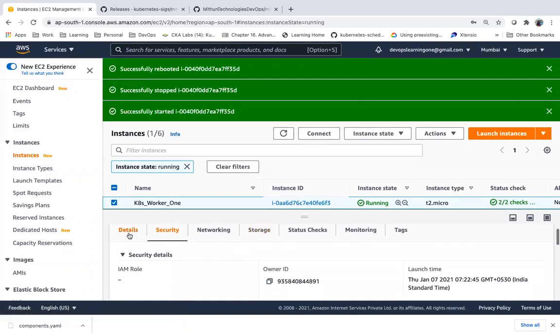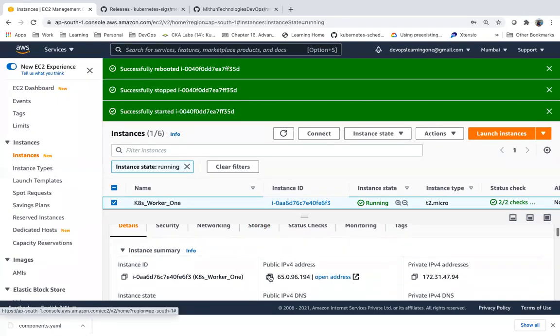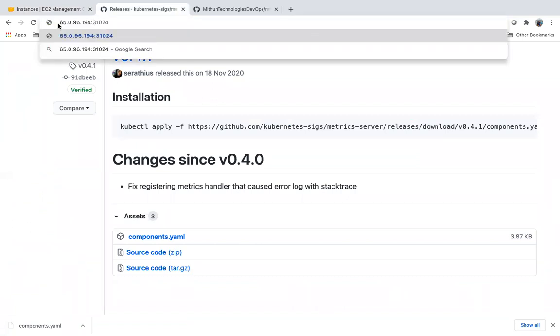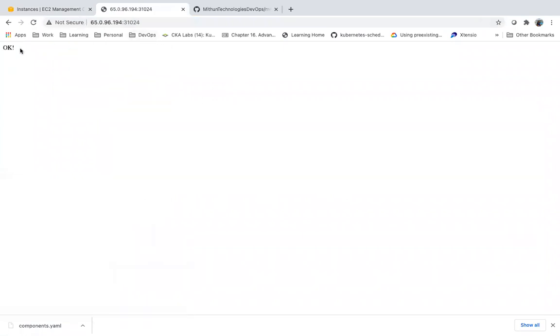So let me take the IP address. It's a very simple application. It is just giving a response. So this is the response I'm getting.